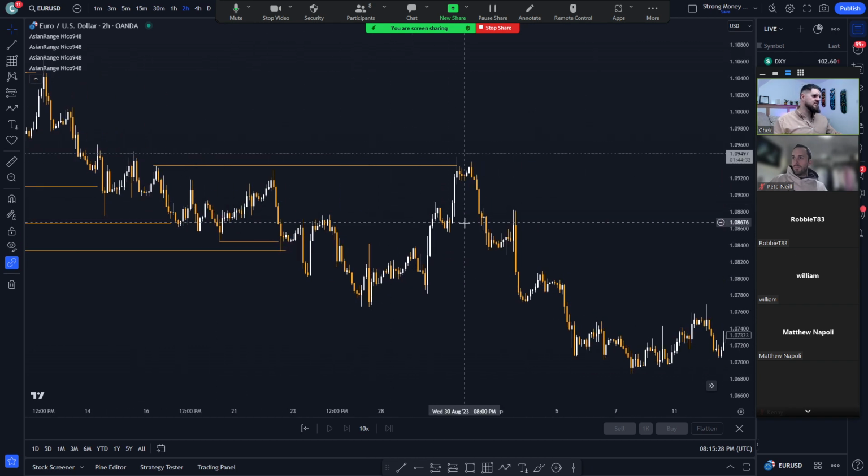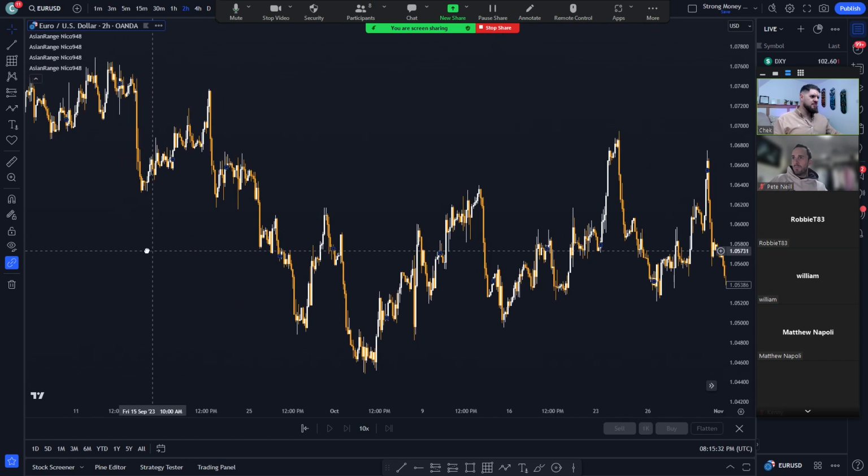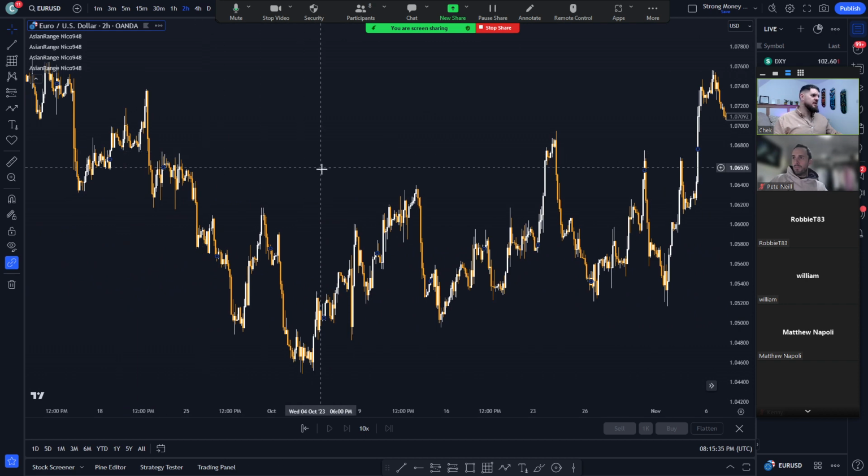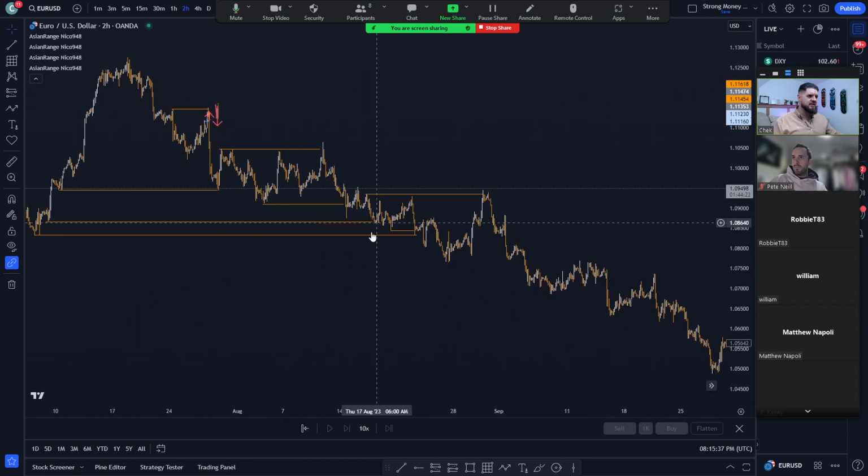Or something like this. Again, we've had to wait for a retest of some kind. Then we've got another one there. We start to change direction here. So yeah,